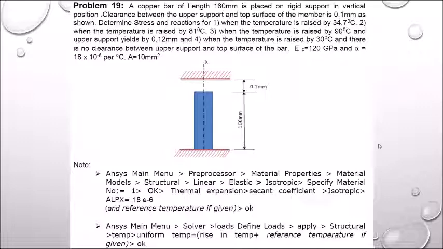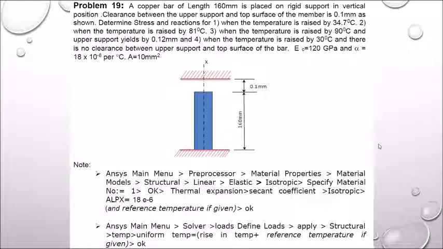And based on that, if the expansion in the first case is less than or equal to 0.1, in the second case you can directly apply temperature and apply the boundary condition on the top node as uy is equal to 0.1. I repeat, uy is equal to 0.1. Don't give 0.1 displacement for all DOF. If you give it for all DOF, it gets displaced in x, y, z all directions. We want the bar to get displaced only in the y direction. So uy is equal to 0.1 is a boundary condition that you need to give for the second case.